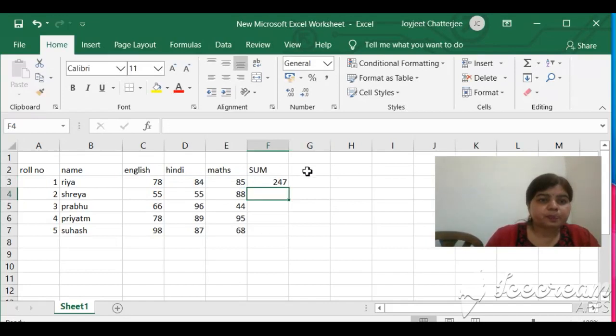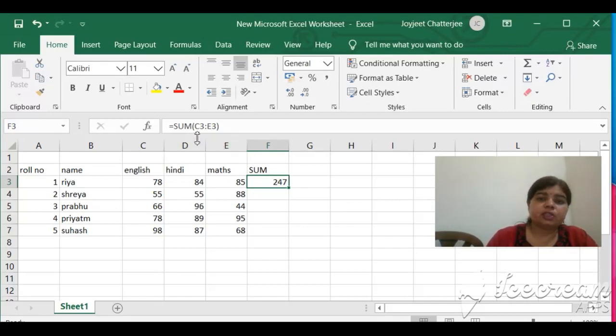Now you can see this function appears for Riya. In a formula, you had applied the plus sign, but here you will write a function name and argument.